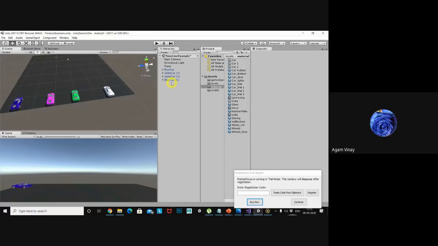These 2 cars, I will rename according to the color, which is green, and this one is pink.